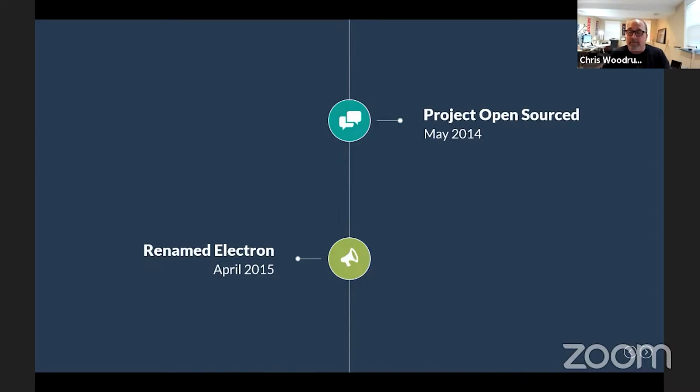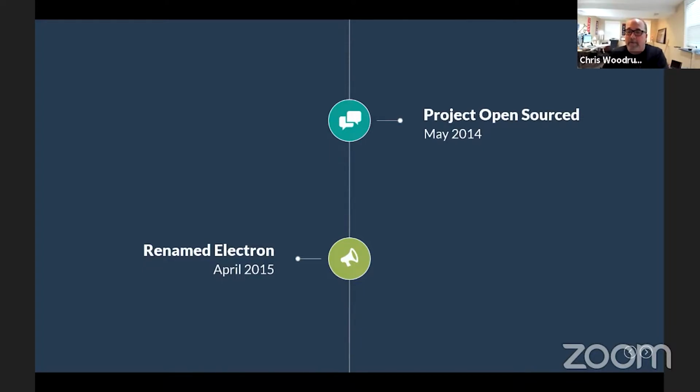VS Code is clearly based on Atom also, but they separated the application, Atom, from the framework and the technology that they had developed it in. And they said, well, maybe other people can use the same technology to create applications like Atom that they need.